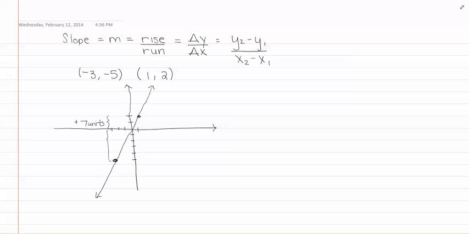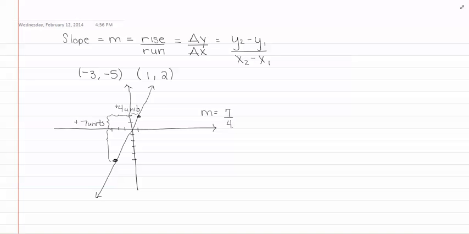And then to the right, how many units? Well, we count over. We did 3 units to here, and then another unit here, so that's a total of 4 units, and again positive because we went to the right. So if I talk about rise over run, we went up 7 and to the right 4,